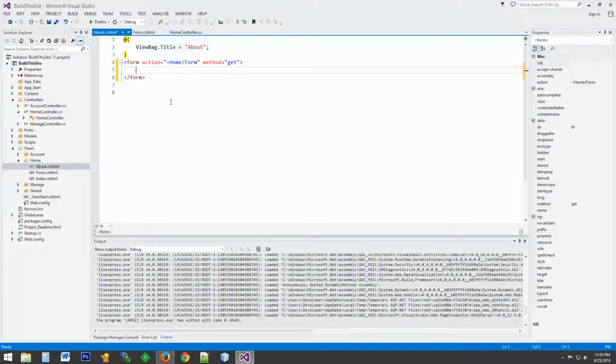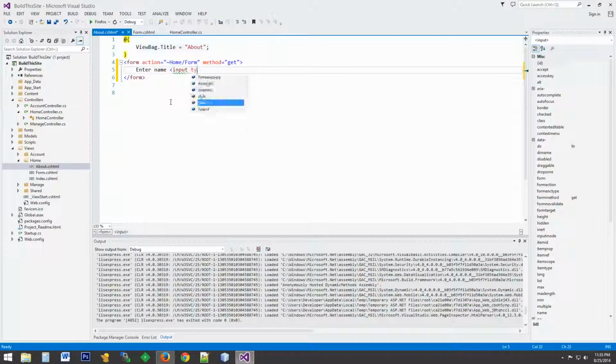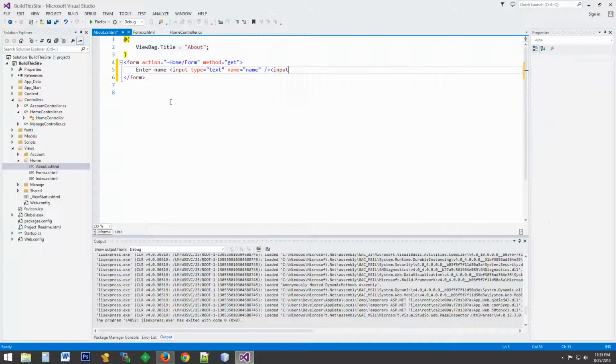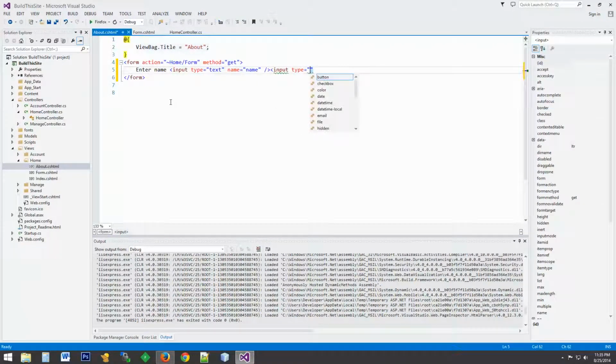Do that, and then we'll just say enter name, input type is going to equal text, and the name of it is going to equal name, and then we'll just create a submit button. So we'll do input type equals submit, and value equals submit, and the class will be